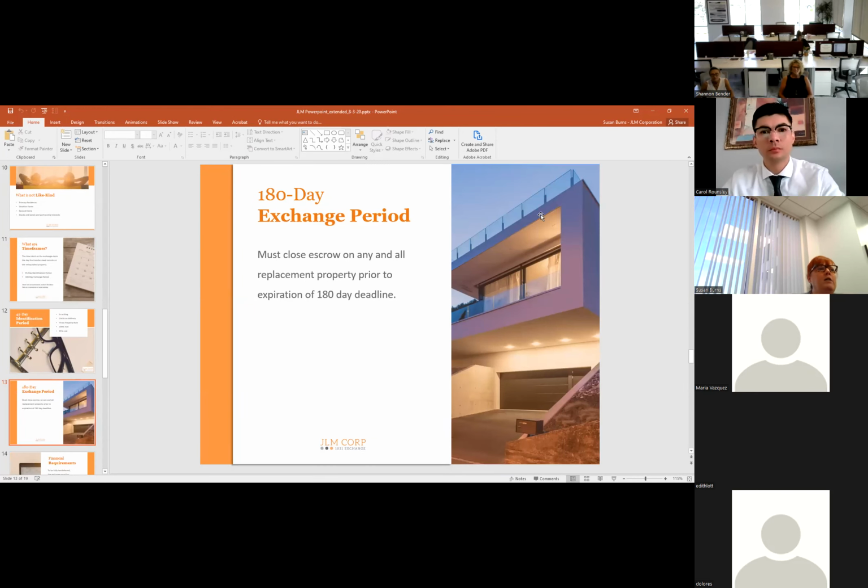So the 180-day exchange period, as we said, you must close on any and all replacement properties prior to the expiration of the 180-day deadline. So you need to close on the business day prior to a weekend or a holiday so that you don't exceed the 180-day deadline. I also like to encourage people to give themselves a little bit of